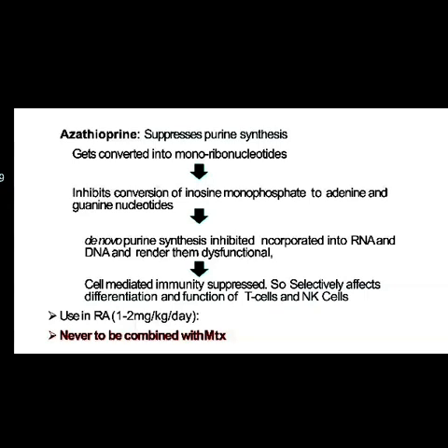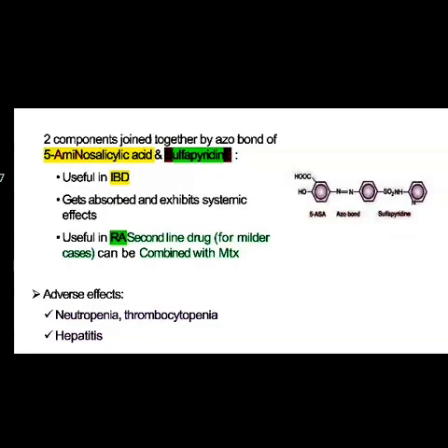Approximately, these are used in rheumatoid arthritis in a very low dose because of its potency, from 1 to 2 mg per kg per day. Remember, azathioprine is never to be combined with drugs like methotrexate. Then we can discuss our next compound, that is your